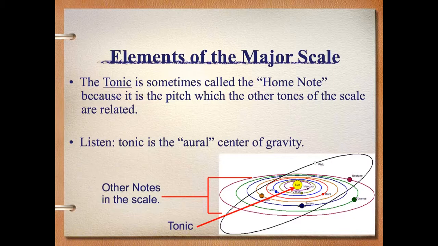Within our tonal orbit, so to speak, of the major scale, the tonic is known as the home note, or the sun. We think of the tonic as the center point on which we base all of our other notes. So when you listen to a piece of music, you will hear in tonal music a natural aural, or sound-based, gravitational pull towards that tonal note, or the tonic note. The center of gravity, in this case, is C in C major.